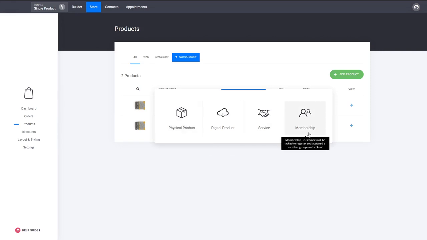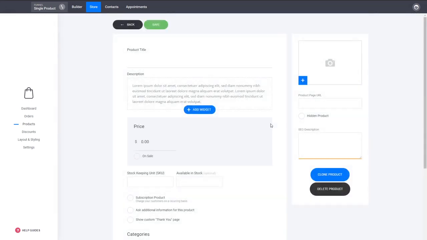If it's tied to an actual membership, where you actually have the option for access to content such as videos, tutorials, and stuff like that, and for as long as they have the subscription, they have access to that content, then it obviously has to be a membership. Now, for the sake of the example, we'll just create it as a service just to show you how simple it is. So here we can add the name of the product, let's say subscription,